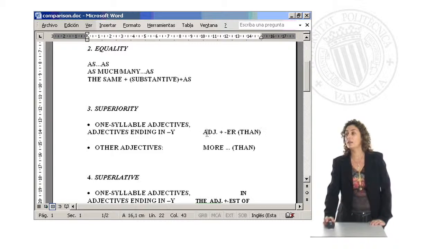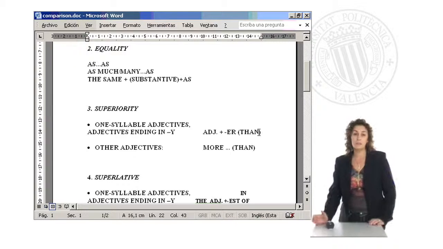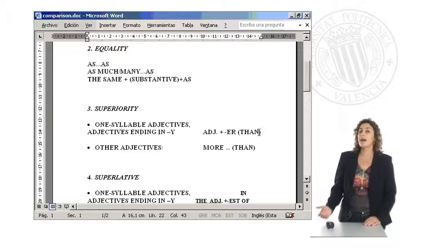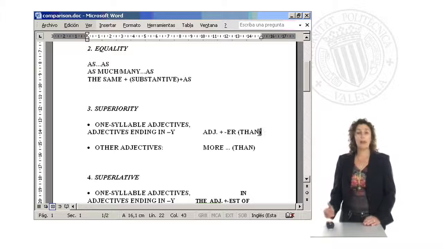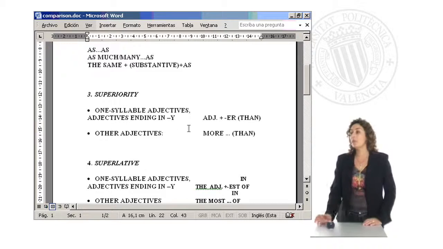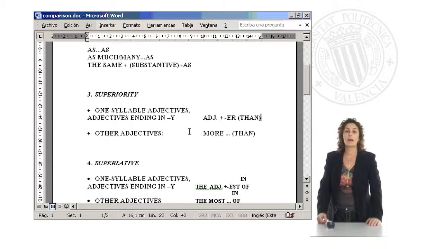We form adjective plus "er", we add this ending to the adjective, followed by "than". "Than" is in brackets because it's optional. We can say she's thinner, or we can say she's thinner than you. It depends on the context. If we know the context of the sentence, we don't need to say "than", but sometimes it's useful to clarify the structure. For all the other adjectives, we use the structure "more" and the adjective followed by "than", which, as before, is optional. For example,